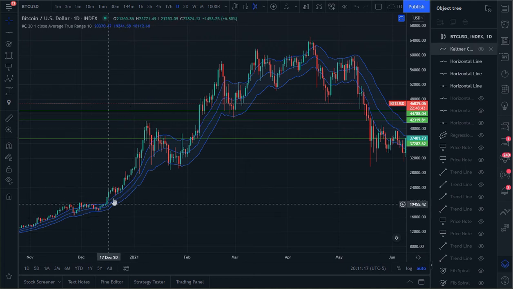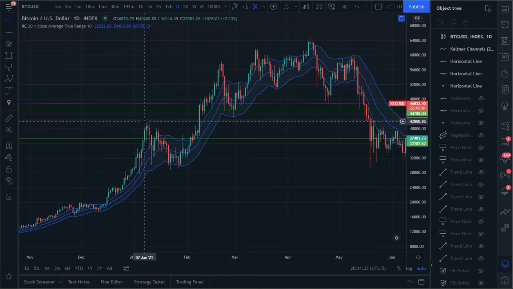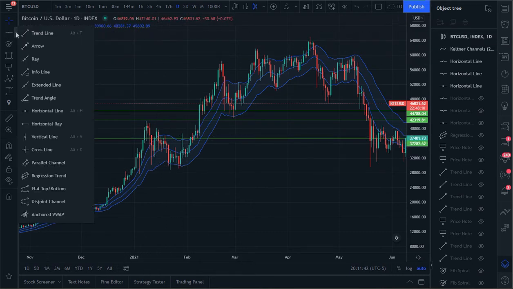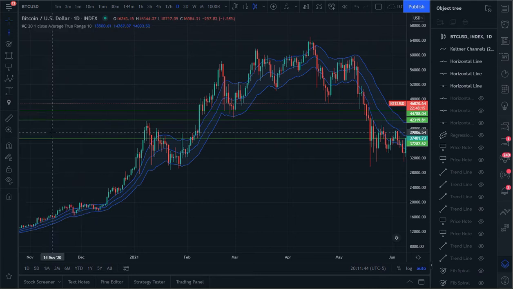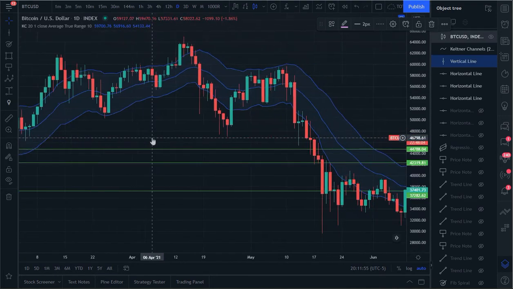Same behavior, and it's very useful to take profits and enter again, because if you consider that you will see a drop when you touch the upper bands of the Keltner Channels on daily time frame, it's time maybe to exit your position and to prepare to enter down. Let's do an example, because it's very important to compare how I do an example. I would exit here on red or here on green. I don't know, maybe I would exit here on red when touching the